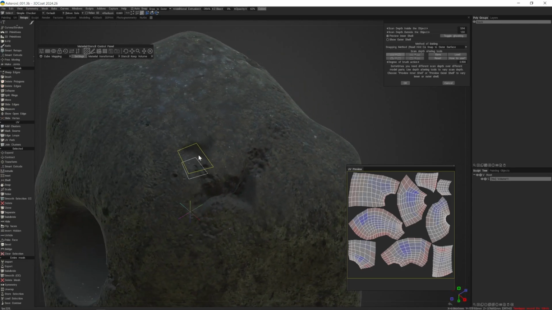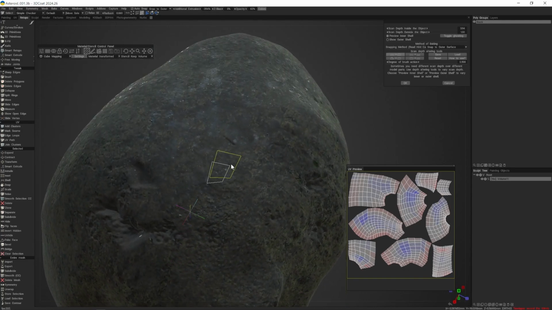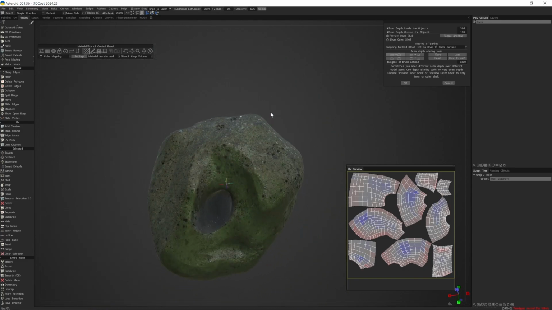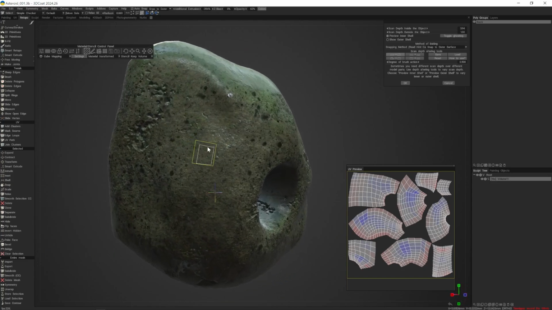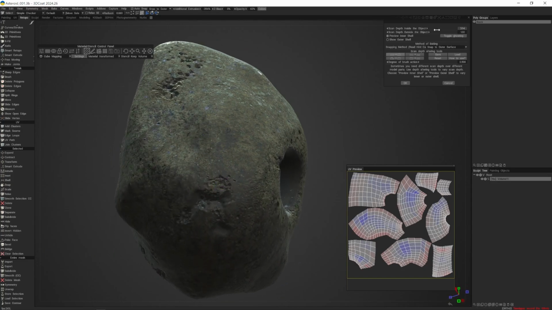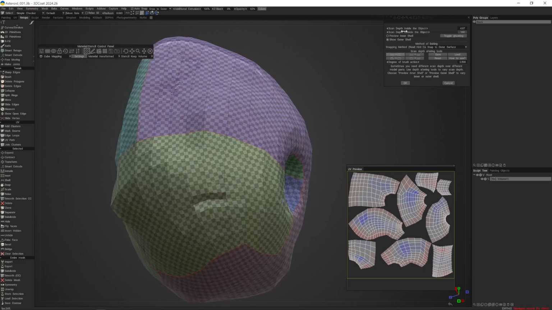Okay, and generally speaking, you do want to try to keep the bake cages as close to the sculpt mesh as possible without poking through it. But you definitely don't want to have certain parts poking through. If that does happen, it's not the end of the world. You can go back and tweak these settings and rebake within the tool,